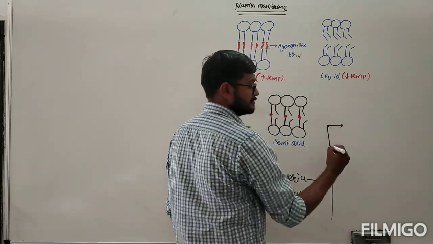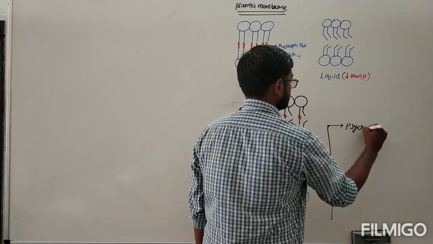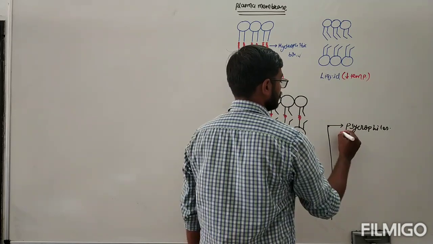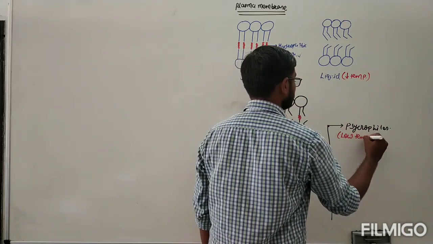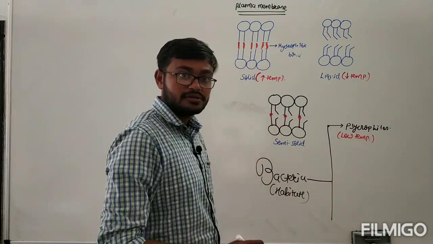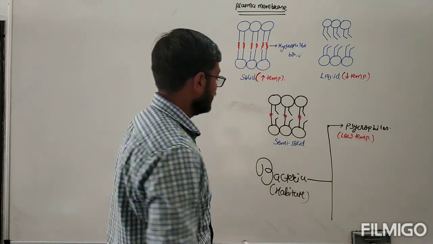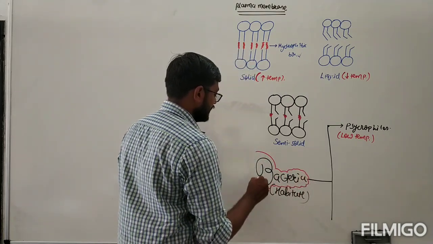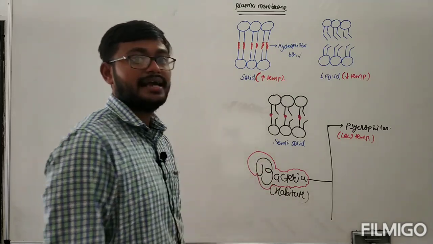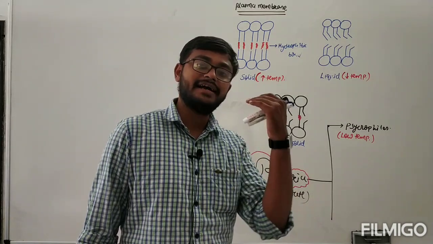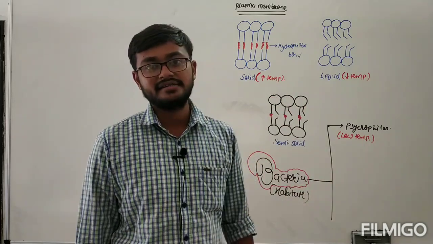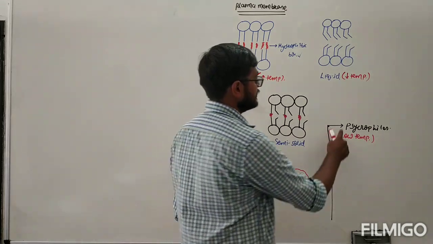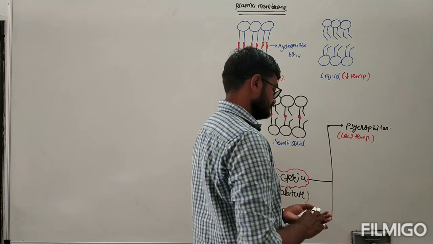The first category is known as psychrophiles. The psychrophiles live at low temperature. Where do they live? Low temperature, below 0 also. One thing I would like to tell you is that the bacteria which you are observing here are universal. They are present in each and every case, in a vacuum also, in a non-gravity condition also. So they are universal. Here the psychrophiles are found at a low temperature.